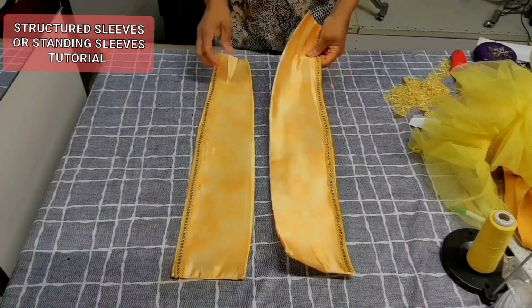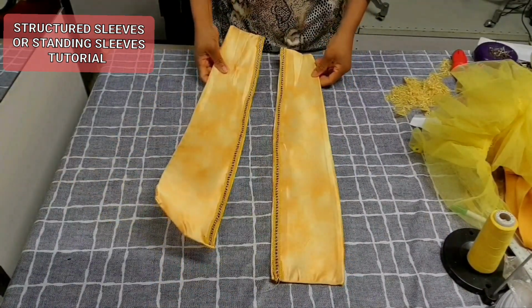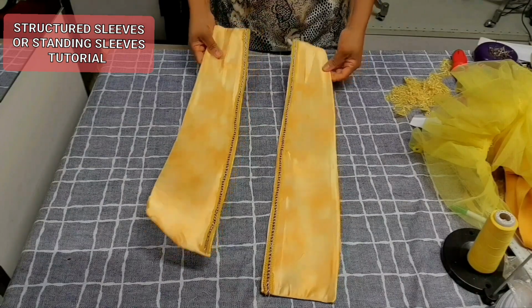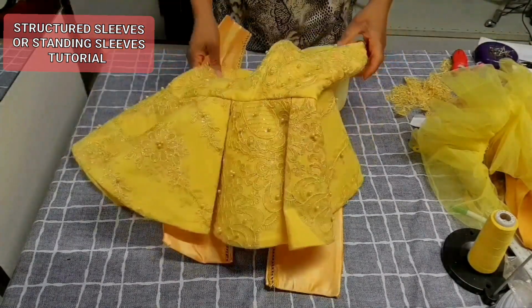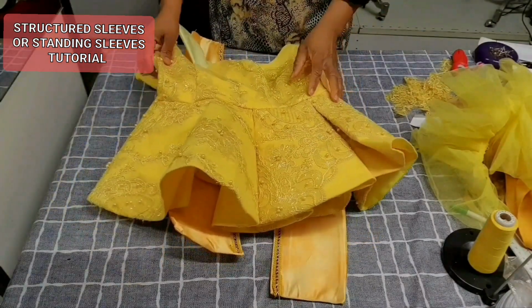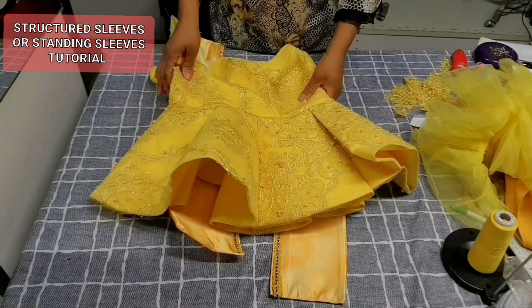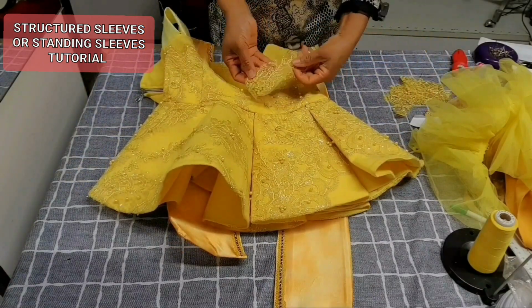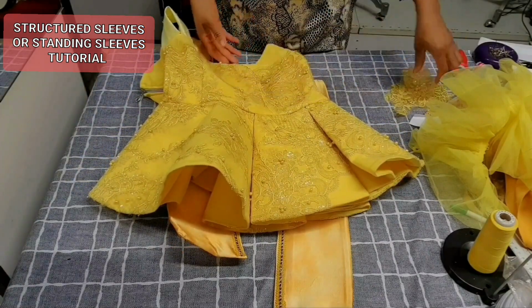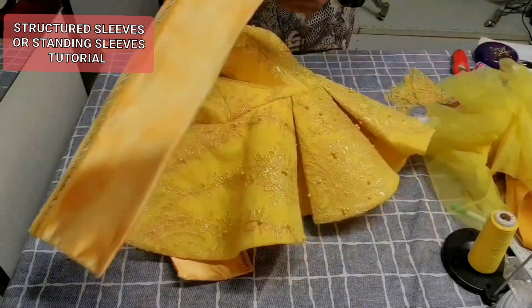Now guys, this is our sleeve. Do you see it? This is our sleeve. So the next thing to do now is attach it to our blouse. And this is the blouse I want to attach it to. So I'm going to take it to the mannequin now. I'll attach it to the blouse. And I'm going to also use the patches of the lace to cover it up. That is, when you attach it,